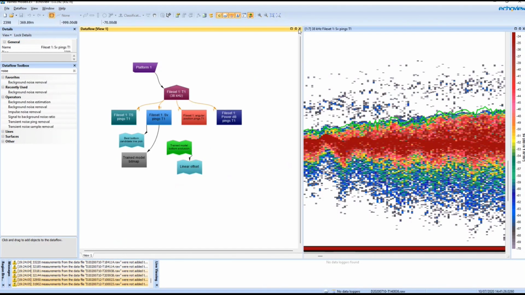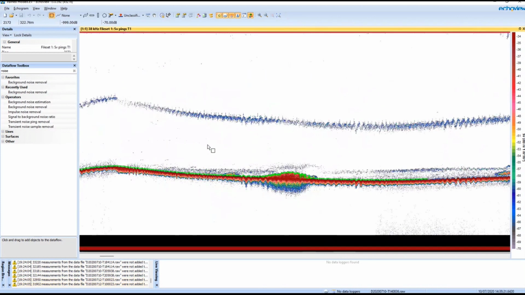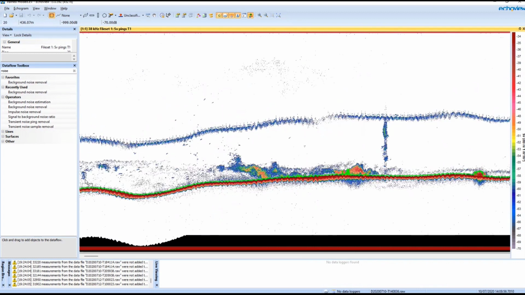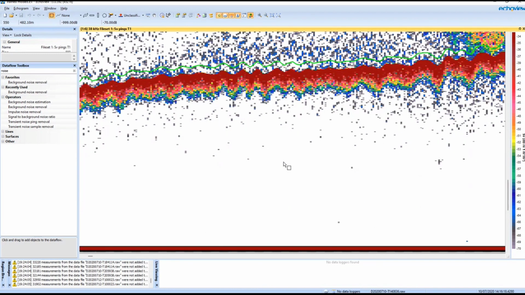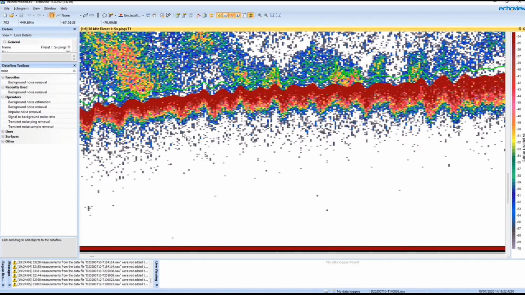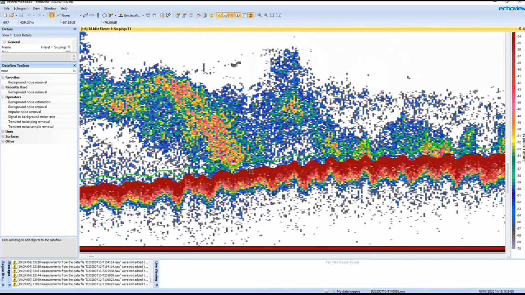I'll come back to the data flow shortly, and I'll just look at this data a little more closely. If we have a look at this echogram, this is our Sv 38 kilohertz data. I've got a line in this echogram already, and this is using one of the old methods, which is the best bottom candidate line pick. This is a virtual line that's just looking for particular characteristics in a window of pings and detecting the bottom. And then I've got just a bit of an offset closer to the transducer face to try and use this as an exclusion line. Works pretty well for most of the data where the schools aren't terribly strong.